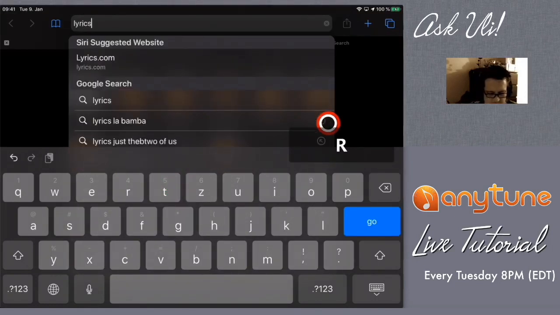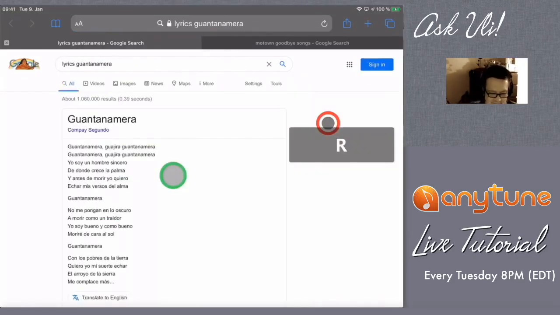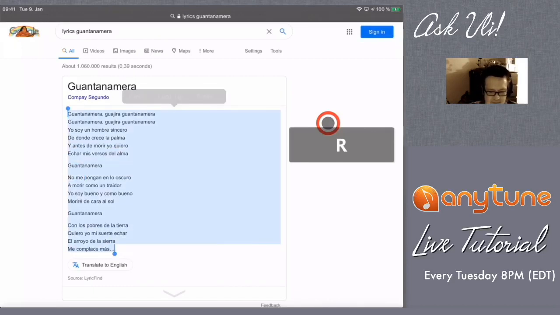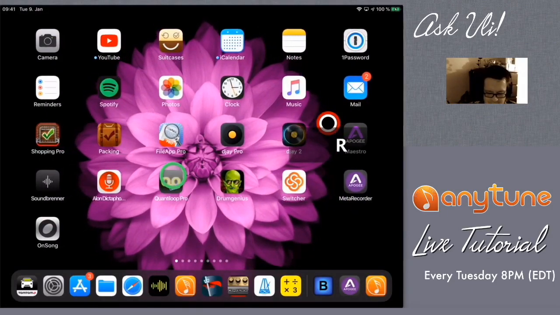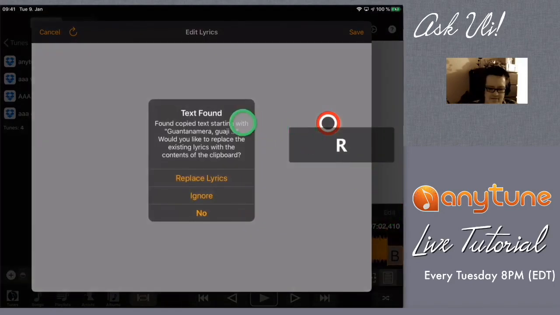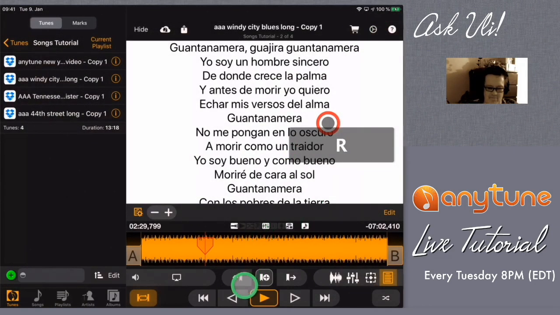Now I say lyrics. Let me type in Guantanamera lyrics. I don't know why I say this. So we take the lyrics from Guantanamera and copy them. Now we go back to Anytune, press on edit and it says text found. So Anytune already knows that I just copied text and there's text in the clipboard. I say replace lyrics and there they are. I save them, and now when I play the song,